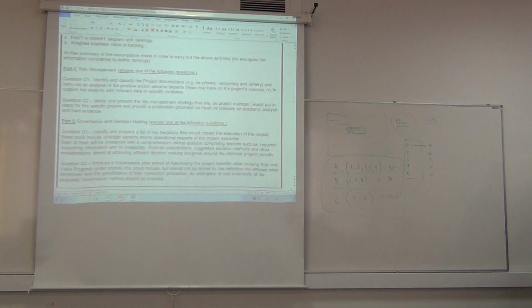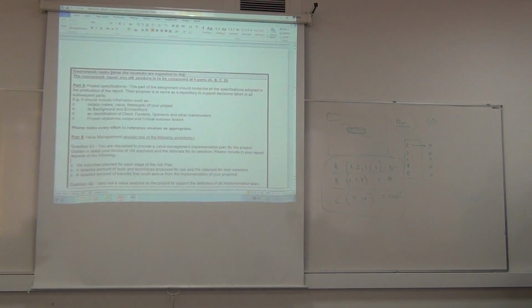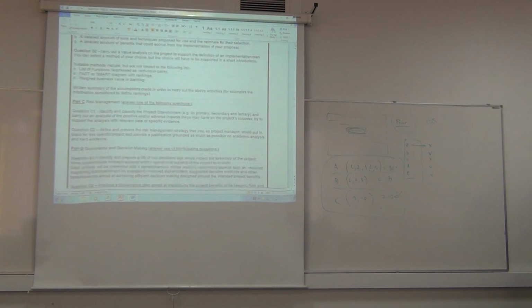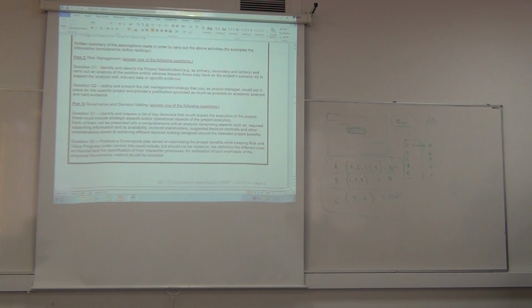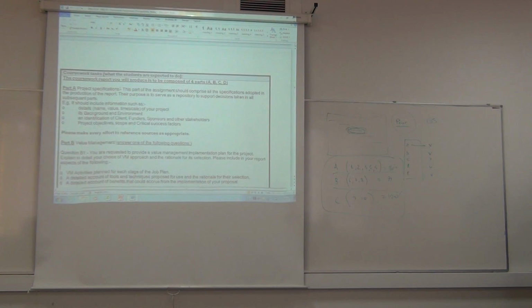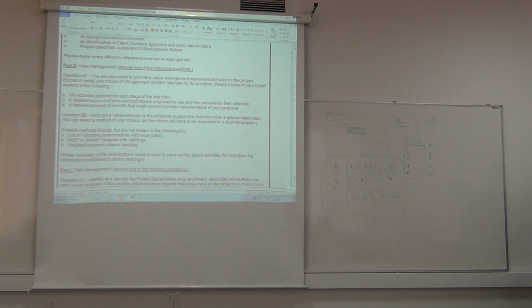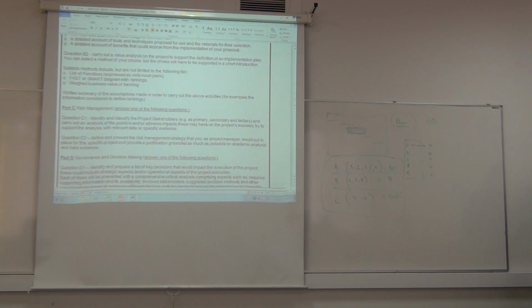Part C, question C2. C1 is more like you have to identify this and this. But C2 says define and present the risk management strategy that you, as a project manager, would place. So how would you present that? When it says present, do you just mean general points, or are you using a time scale from this imaginary date to this imaginary date?